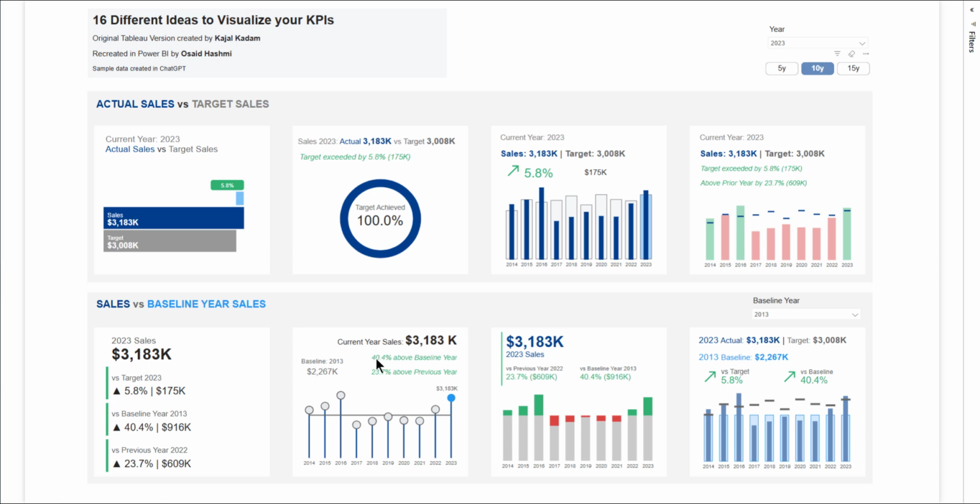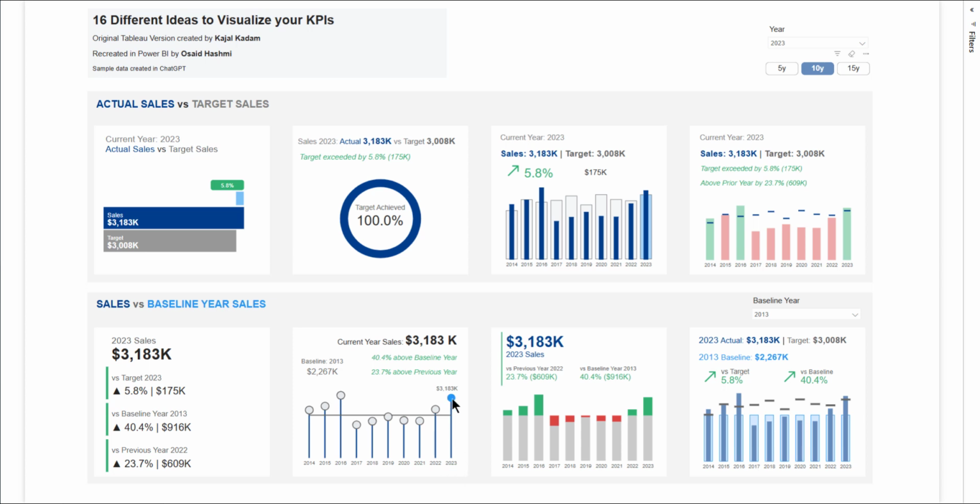We see that there's a 40.4% above the baseline year, and then we also show a 23.7% above the prior year. Here we are using the lollipop chart to show the baseline as a constant line, and then we are showing different lollipops. In the end, we are showing the one that is selected, which is the year 2023,